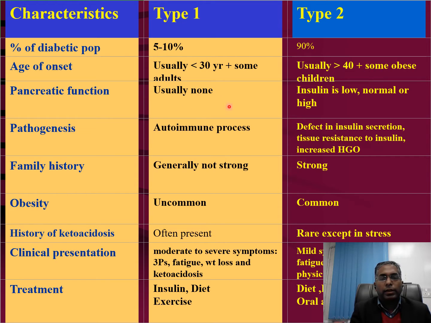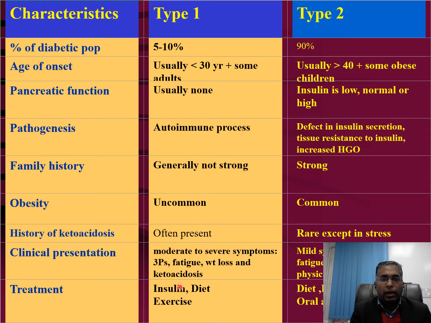Pancreatic function is totally disturbed in type 1. In type 2, insulin is low, normal, or can be high in cases of insulin resistance. Pathogenesis of type 1 diabetes is usually autoimmune, and in type 2 diabetes mellitus there is a defect in insulin secretion, resistance to insulin, or increased hepatic glucose output. There is a strong family history in type 2 diabetes mellitus, but in type 1 it is generally not strong. Obesity is common in type 2 diabetes mellitus, which is uncommon in type 1, and ketoacidosis is often present in